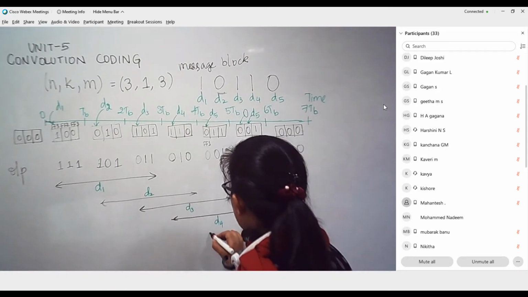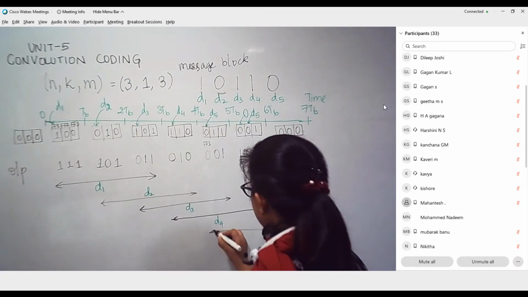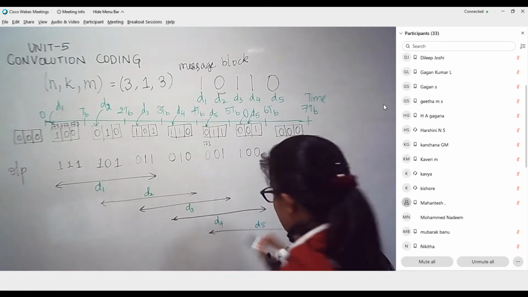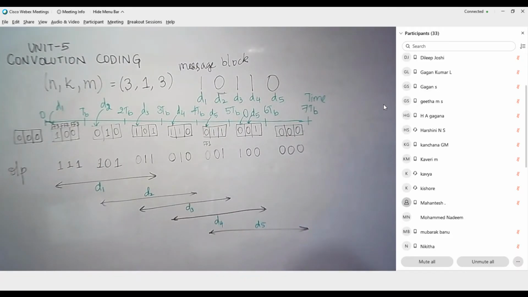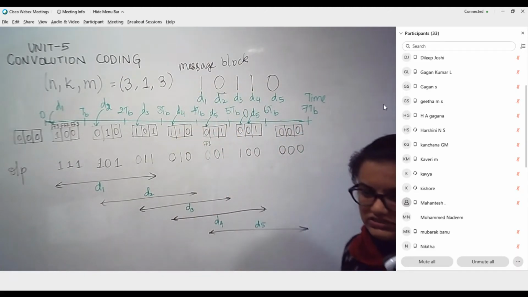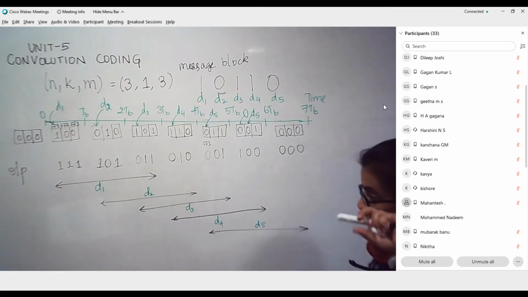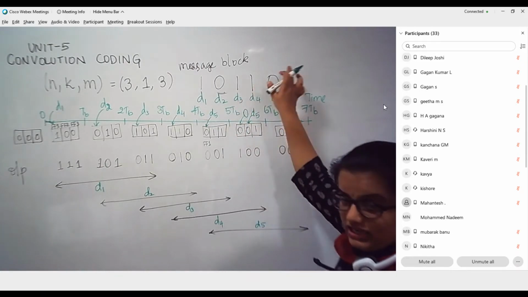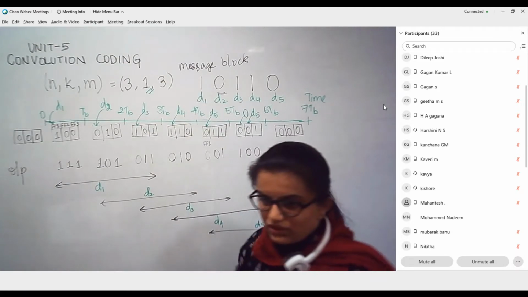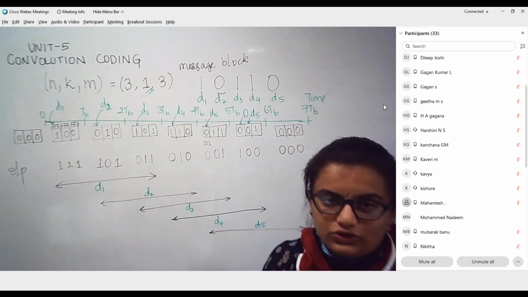Okay, so the last one is D5. Like this, the convolution encoder is going to work until it processes all the data bits that have been entered within the shift register. So within the message sequence, it will take only k number of bits. If at all k is equal to, assume,